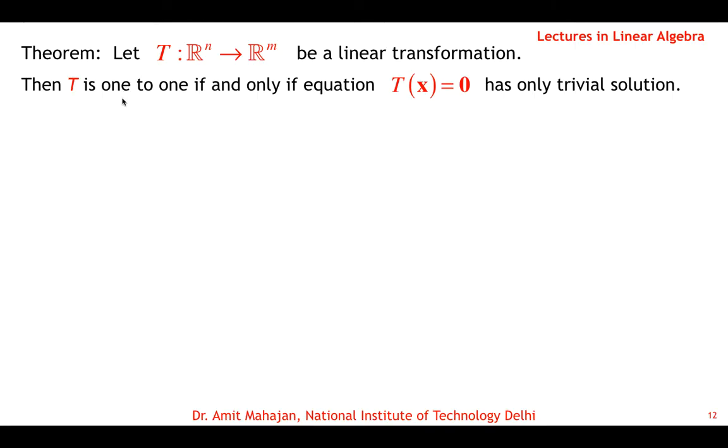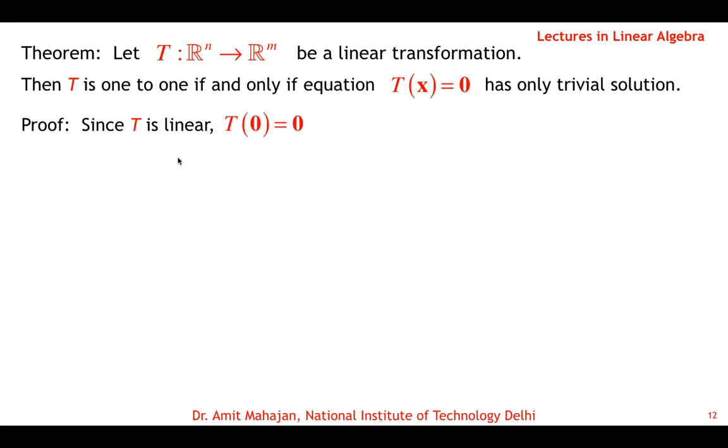Now this is clearly true, because when we say T is one-to-one, it means that either there is no solution or there is a unique solution. And because the homogeneous system is always consistent, the unique solution is only the trivial solution. So T is one-to-one if and only if the trivial solution is the only solution, because it becomes a unique solution. We are going to prove it this way: if T is one-to-one, it will have only the trivial solution. If T is not one-to-one, then it will have a non-trivial solution.